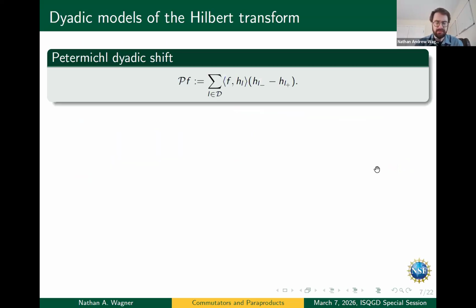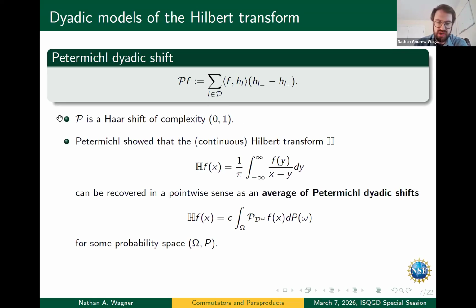Okay. The reason why people cared about these was because about 20 years ago, Stefanie Petermichl noticed that this operator, which I've denoted by a script P, which maps the Haar function h_I to h_{I-} minus h_{I+}, so it's a Haar shift of complexity (0,1), is a good model for the continuous Hilbert transform, which we all know is given by convolution of f with 1 over x. Really, this integral is interpreted as a principal value, of course. But this operator can be recovered in a pointwise sense